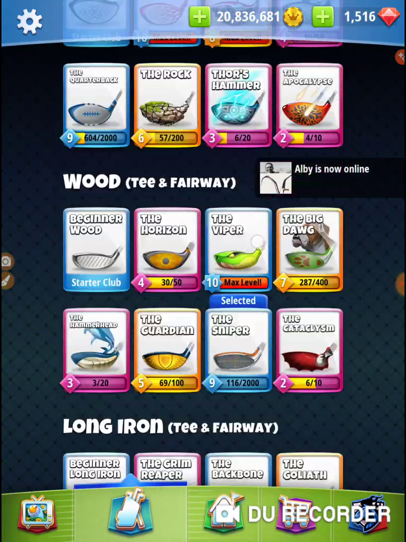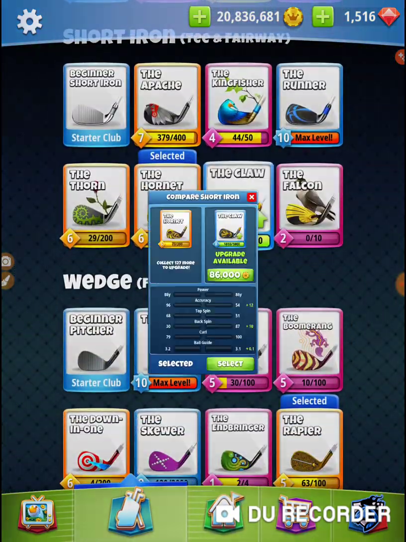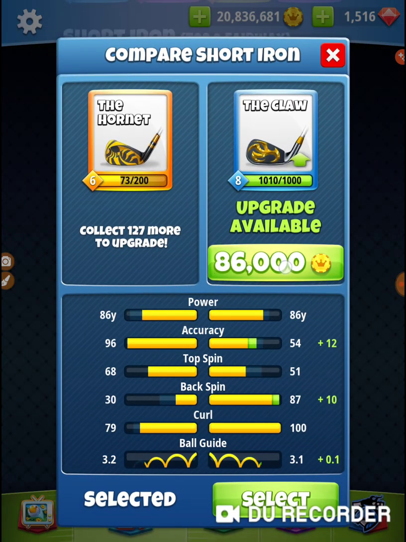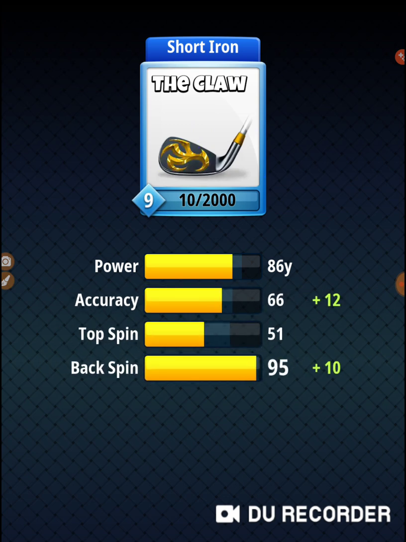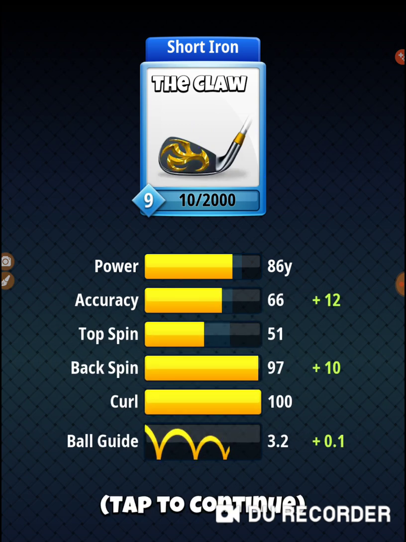Got something I can upgrade. I can upgrade my claw. Claw's a great club when it gets to max level. It picks up the rest of that accuracy. It gets to 75 accuracy, so it's more accurate than a...